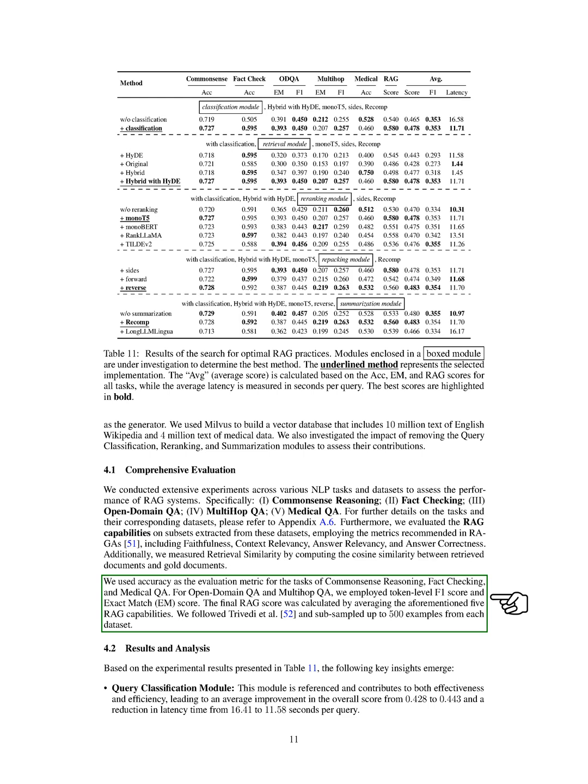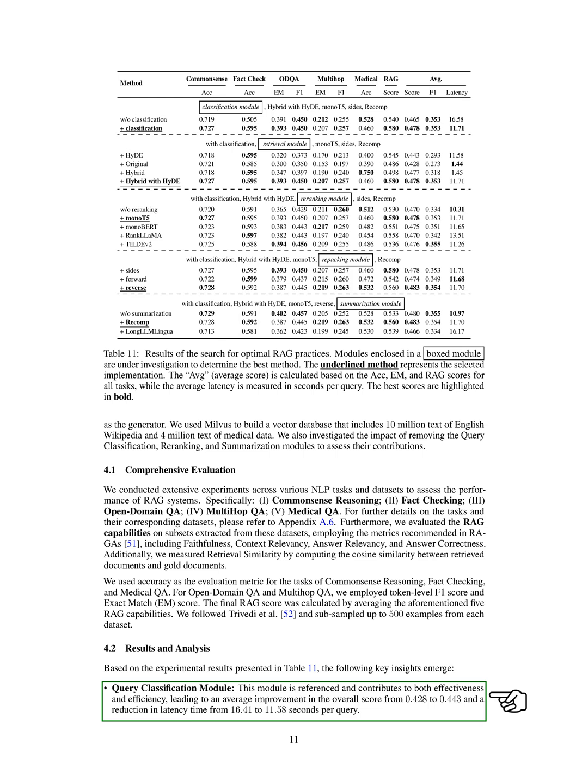Section: Results and Analysis. In this section, we will discuss the key insights derived from the experimental results presented in the table. The query classification module plays a crucial role in enhancing both effectiveness and efficiency, resulting in an average score improvement from 0.428 to 0.443 and a decrease in latency time from 16.41 to 11.58